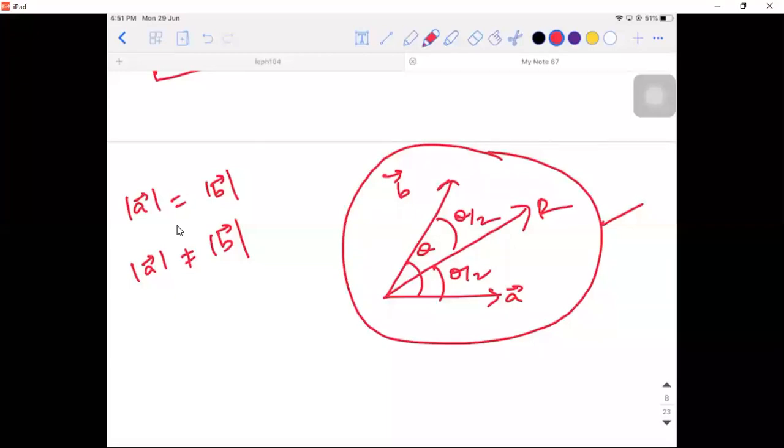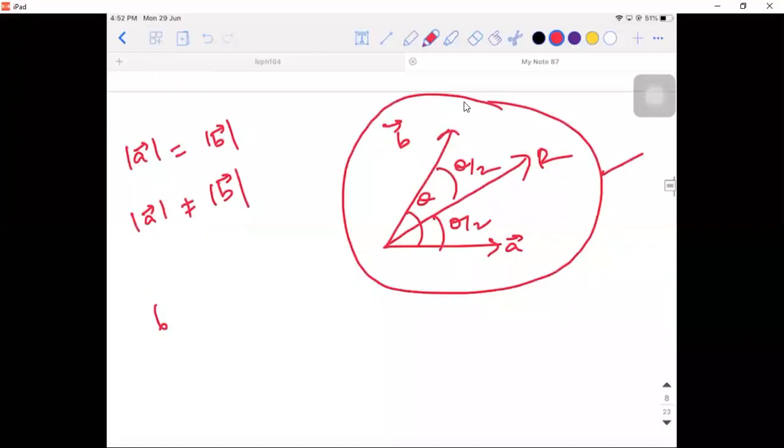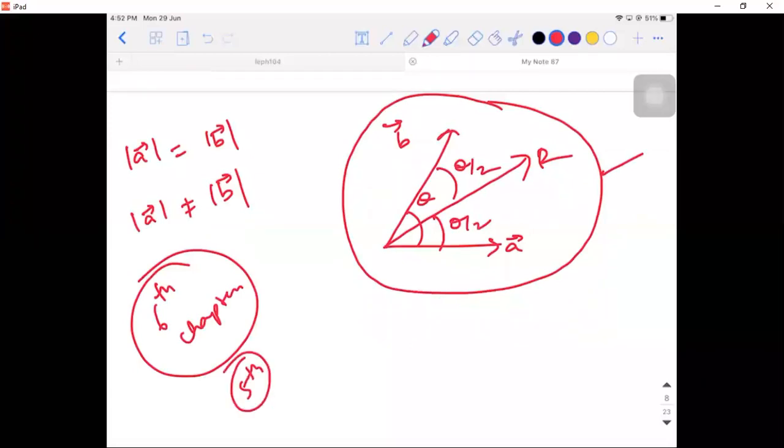So what's the next chapter you'll take, sir? Next, I will start the 6th chapter because it is exactly the opposite of this chapter. I will take 6th and then come to 5th. 5th will take only a maximum of 3 classes, and 6th will take 4 classes. This is the only chapter which is very big. It almost took 1 month for us. Today is the 9th class for this chapter.